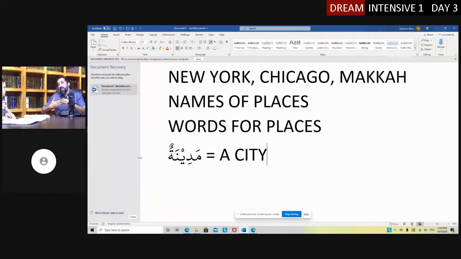Over time, you kind of use shorter words for things. So over time, instead of saying City of the Prophet, they started saying city. So in Arab lands, when they said the city, everybody knew they're talking about the city of the Prophet. But city is not a name. City is just the word city. And it's short for City of the Prophet. And it became that way because the people loved him so much that they even renamed